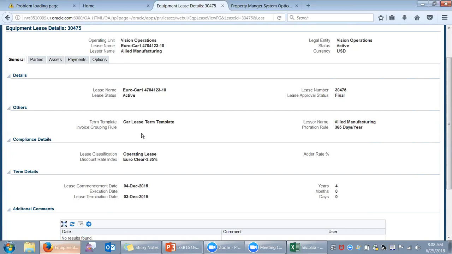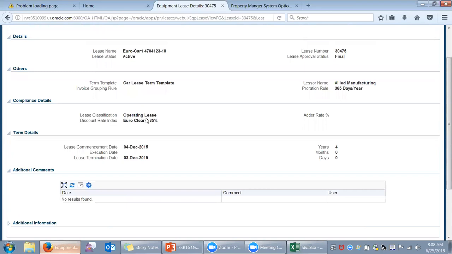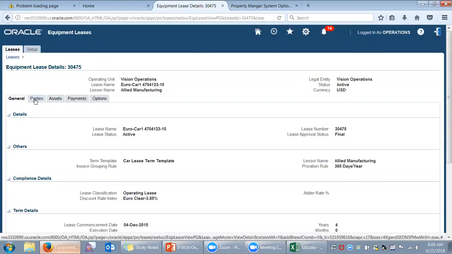So this particular lease is for 4 years, and this is how you can see the information. The commencement date is 4th of December 2015, and it goes all the way till 3rd December 2019. And we have a car lease term template. Since this is an equipment, I created a template for car leases. What I'm telling here, I'm telling it is an operating lease. I have a discount rate index which is associated here. I can spice it up with an adder rate. And by default,